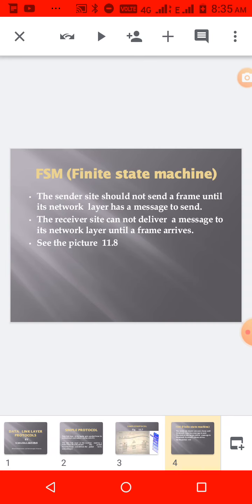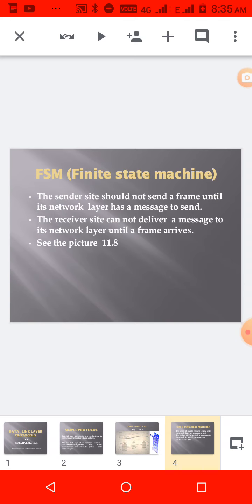See the first point: the sender side should not send a frame until its network layer has a message to send. So, in the data link layer, if the sender wants to send data, first it will get a message from the network layer, then only it will send.